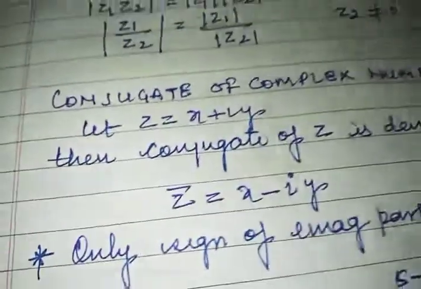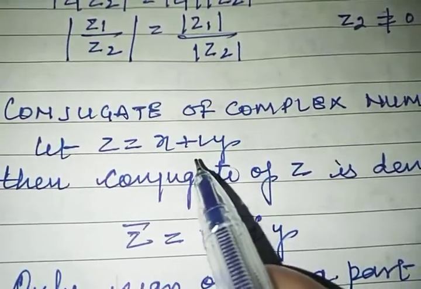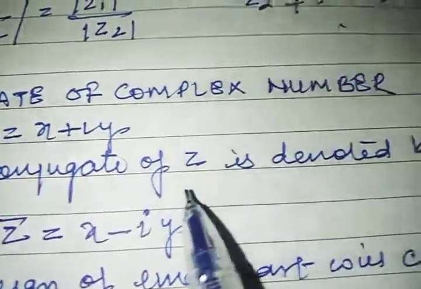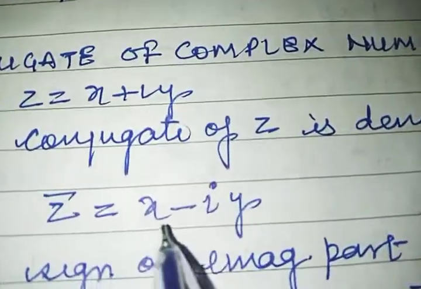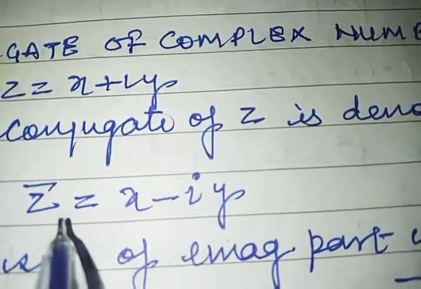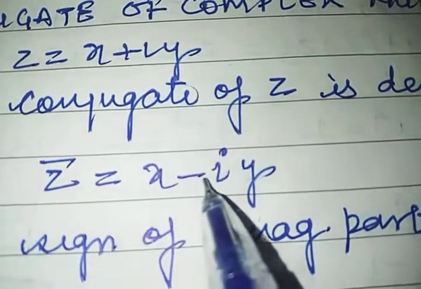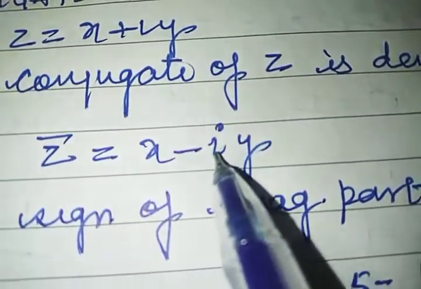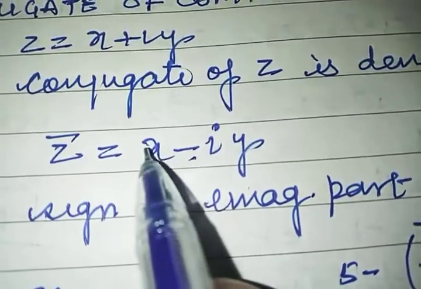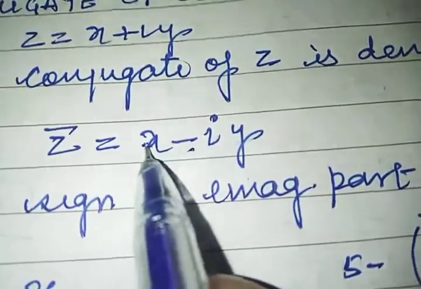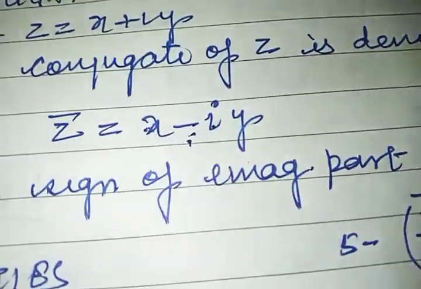Okay. The conjugate of a complex number. So if z is a complex number x + iy, then the conjugate of z will be denoted by bar z. Okay, this is called bar z and given by x minus iy. Just remember, while taking the conjugate, only the sign before the imaginary part has to be changed. You have nothing to do with this part, okay. Only the sign before the imaginary number will be changed, then you will get the conjugate.